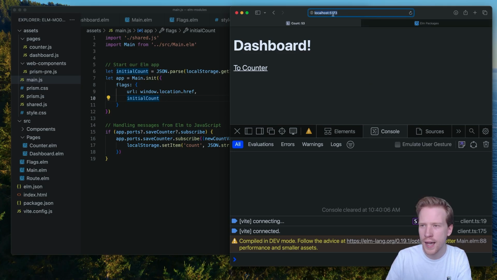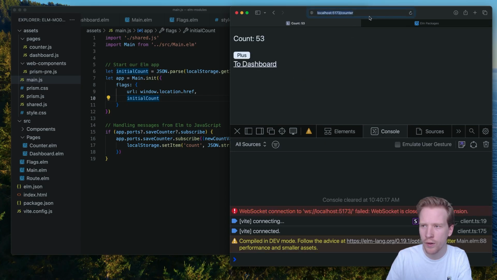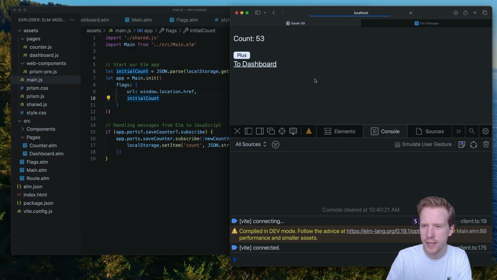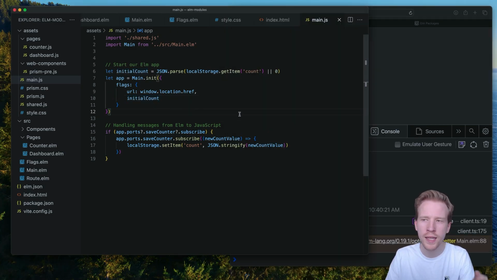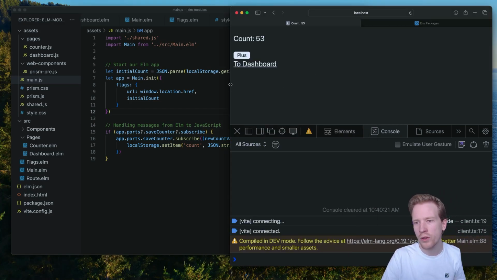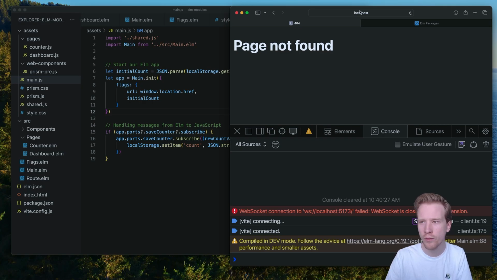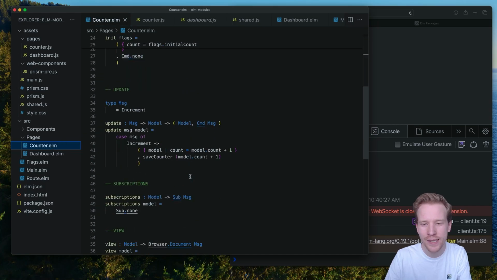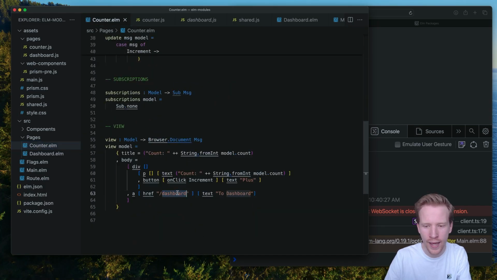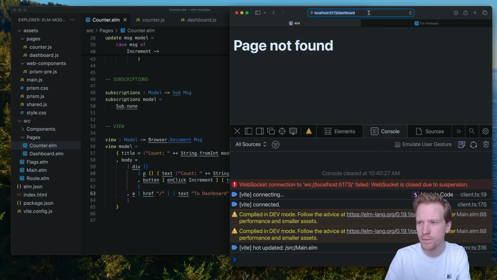But here what you're seeing is I'm at the root, and at the root here, I see the dashboard, and when I go to the counter, I see the counter, and as I refresh, we have everything in a single page app style, but there's one issue, which is we still have that bug from before. Oops, looks like this is going to /dashboard. The issue is that we still have that bug from before, which is when I navigate between pages,